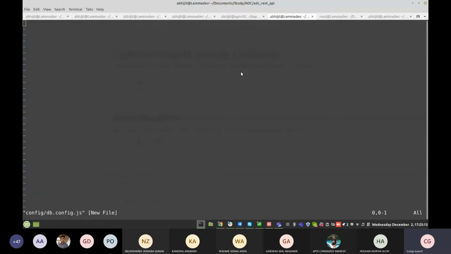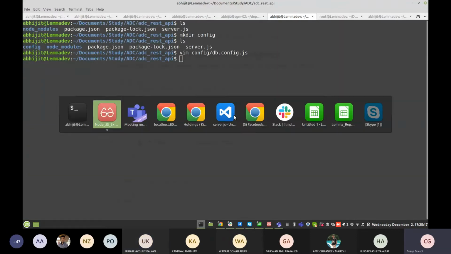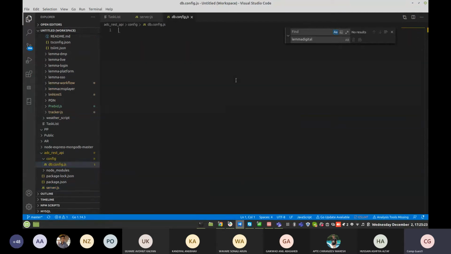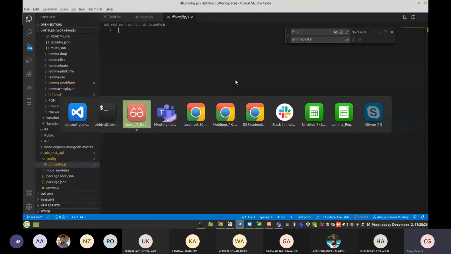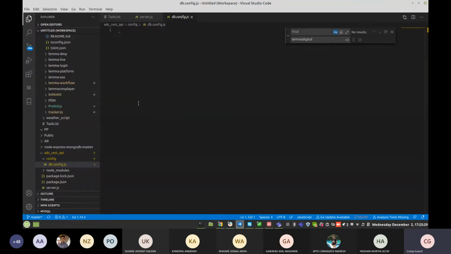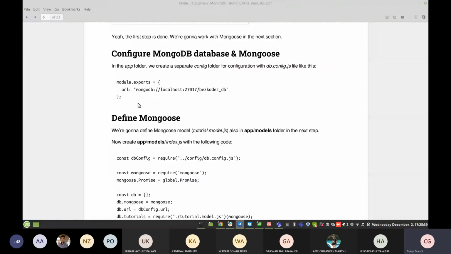Here we have created this file, and I'm using this editor. We add the module, so module.exports equals, and you just specify the Mongo module.